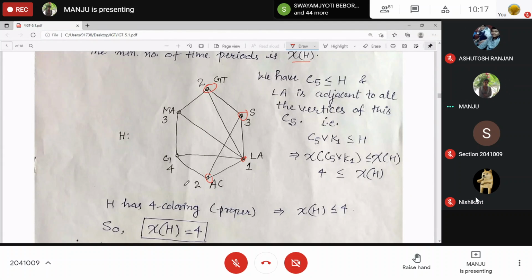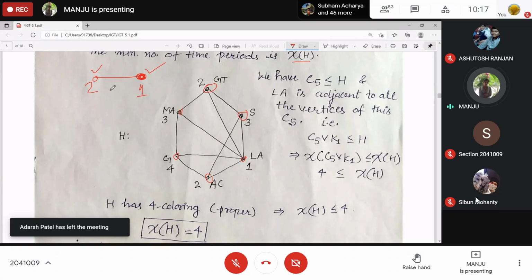So this C3, same for this C3, same for this one, and same for this one. Okay. Yes, ma'am. Then we are just saying, by using coloring, whenever two vertices are adjacent, can we use the same color? Same color means same slot. No, ma'am. No, we cannot use the same color. So if we are using the first color here, then the second color there. Means this course, if we are offering in one time slot, then this has to be in some other. Got it?